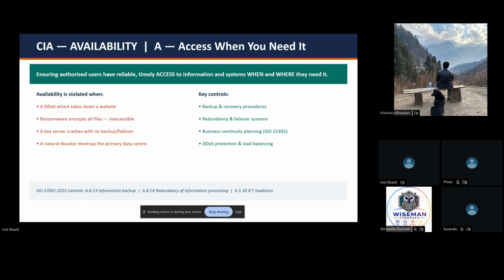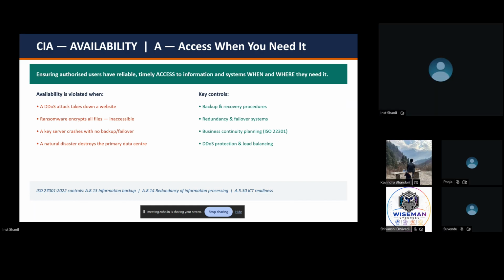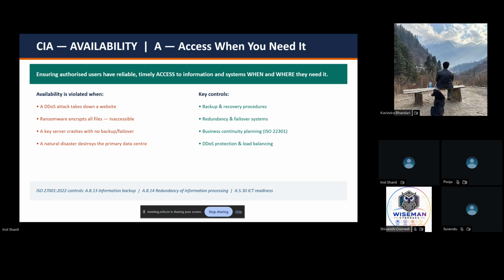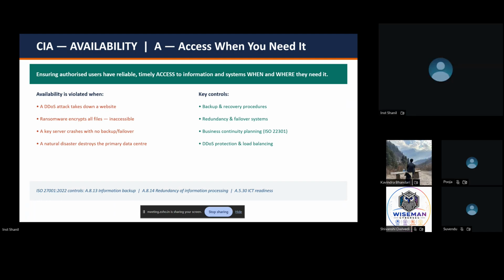So there can be ransom calls, there can be threat calls that if you do not give me money or give me something, I will leak your data to the public or things like that. Yes, the most common individual attacks. And DOS attacks are generally done on companies or large organizations where data is very crucial.